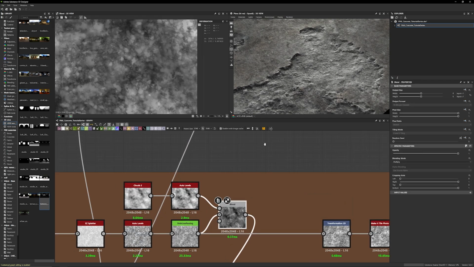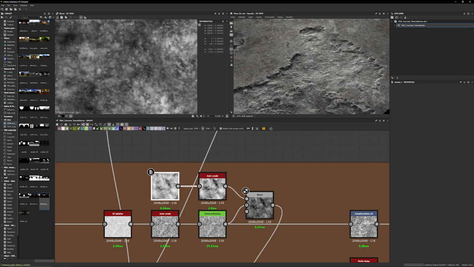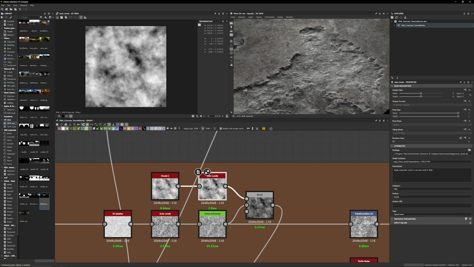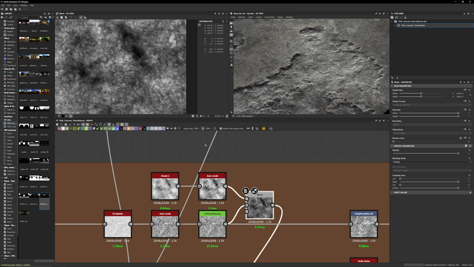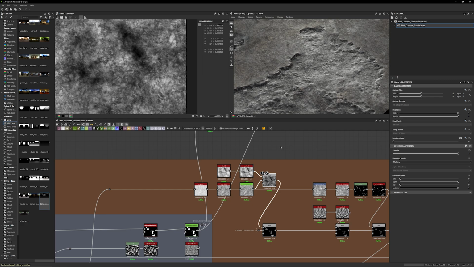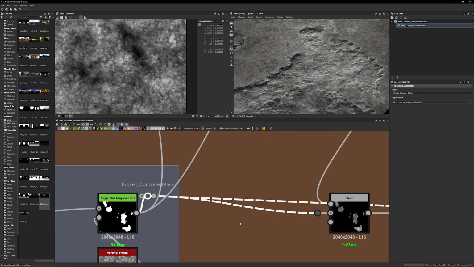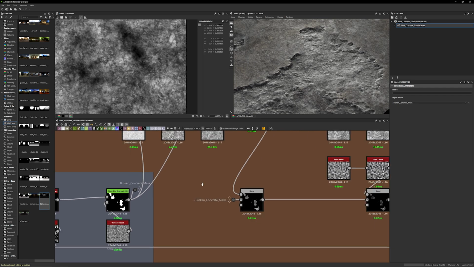This is all blended together, set to multiply with a clouds node that I auto leveled because the default clouds node doesn't have the full range. And this gives me just some height variation in my whole mess here. And as you can see, again, we have the portal for the broken concrete mask and another portal already here. I could just move the wire over here, but I felt like let's keep it straight throughout the